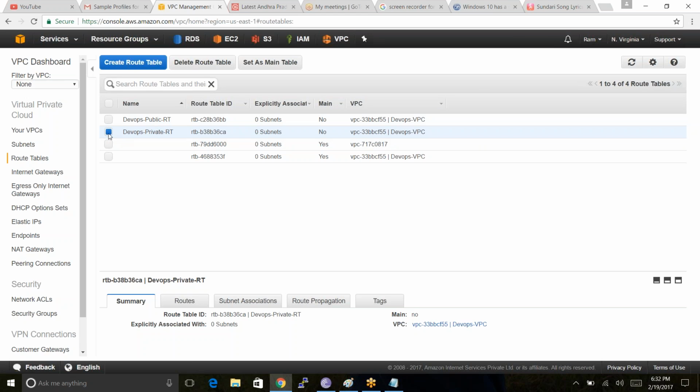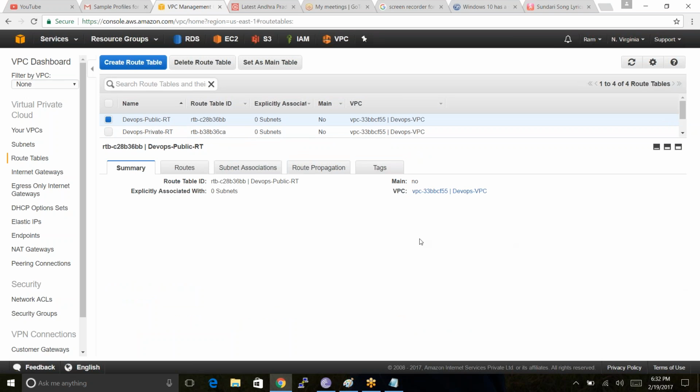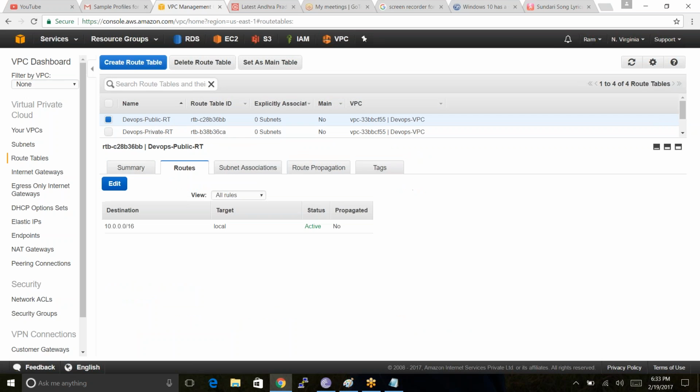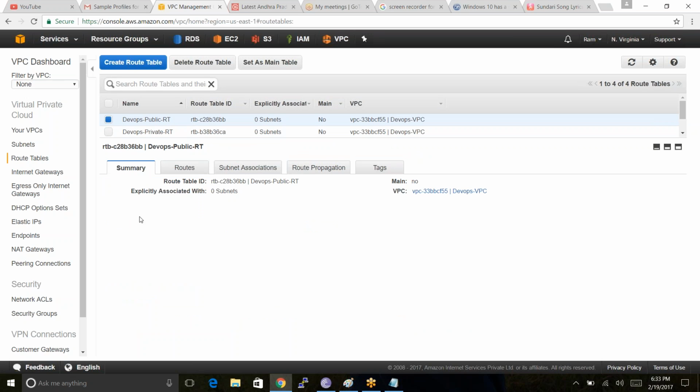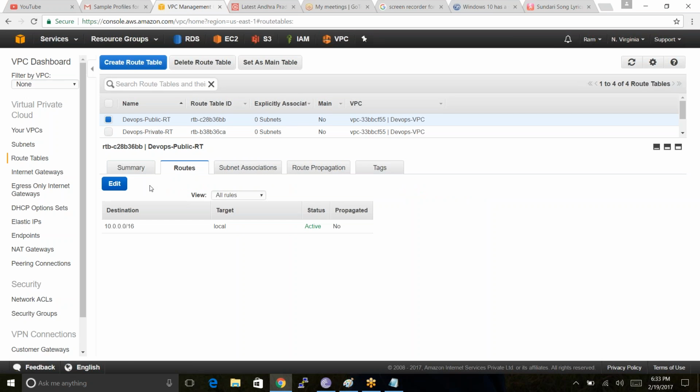Let me go to the public routing table. You can see the summary here. This is the routing table and it is attached to this VPC. Under routes, just click on edit.